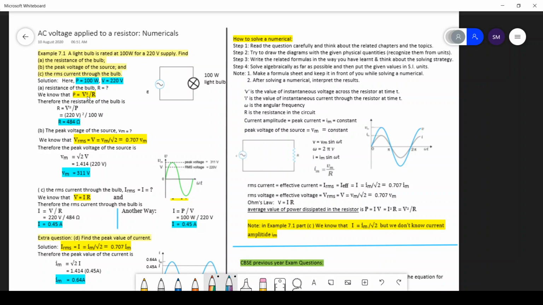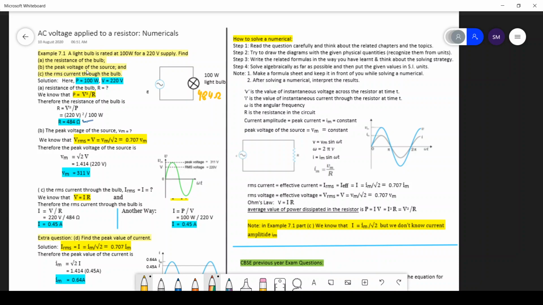So power is equals to V square by R. But we need to find resistance. So power and voltage both are given to us. So write this formula in terms of resistance. So this is what we have written, and then put the values of V and P. And this is what we have got, the resistance. So the resistance of this light bulb is 484 ohms. So if you put the values in SI units, you will get the answer in SI units.